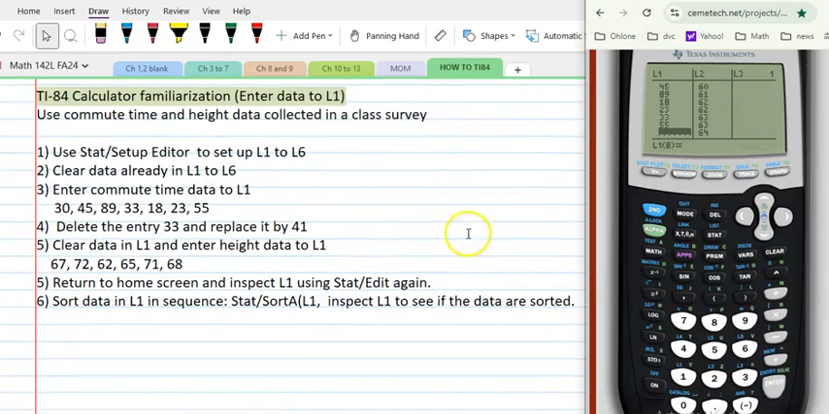What happens if I'm done with L1 and I want to go to L2? Then you would use the cursor, right? I want to clear this and then enter another set of data, 67, 72. So what do I do? I would go to L1, clear, press enter, then it's all gone, and then do 67,